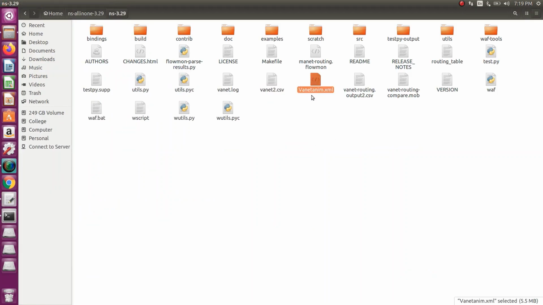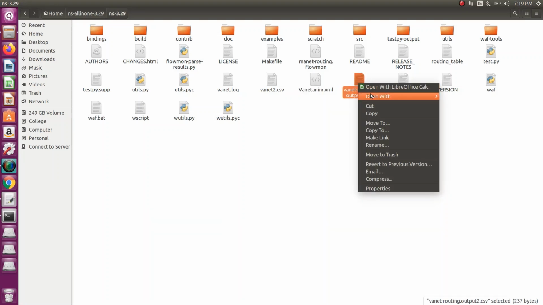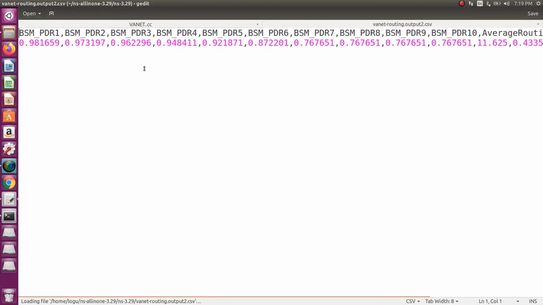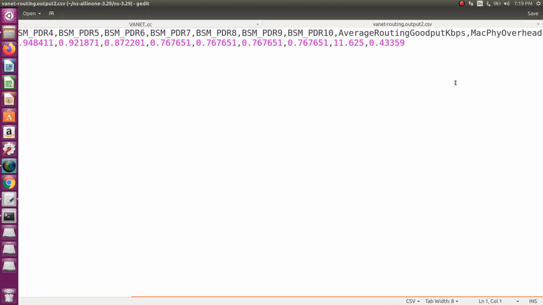I will explain this file later. Then the next one is your routing compare file. In that file you can get the BSM message, then average routing goodput in kbps, and MAC overhead.